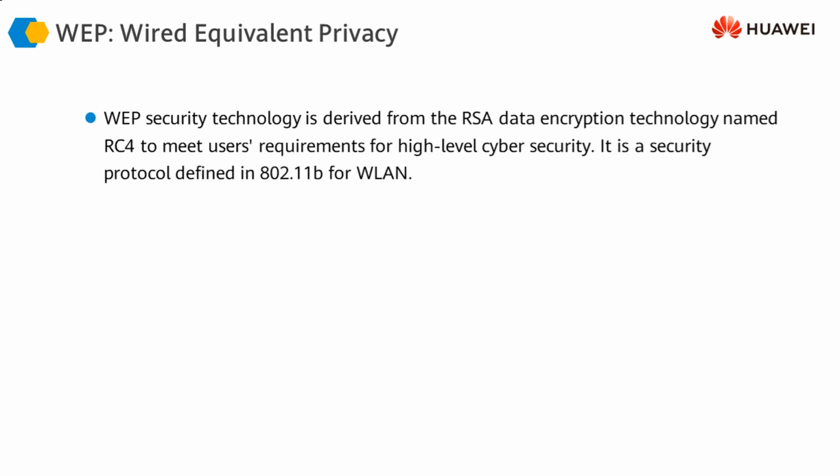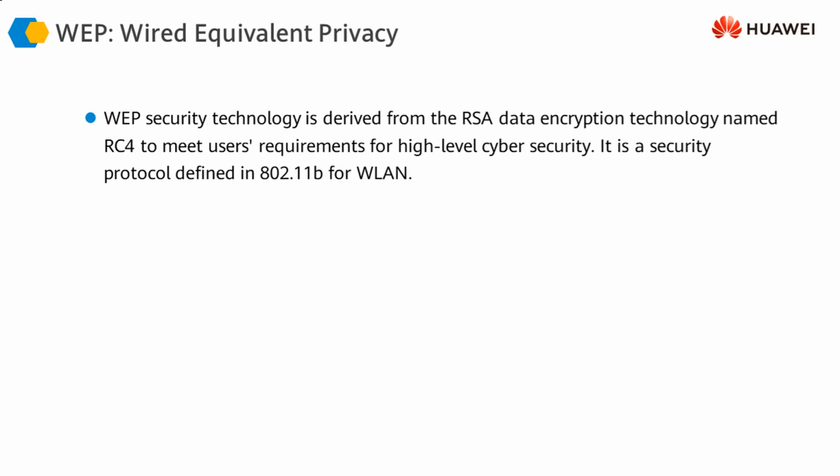If you look at wired equivalent privacy, as I said, it's an older kind of protocol which was based on RC4, or we also call this ARC4. ARC4 stands for, or RC4 stands for Rivest Cipher 4. It was developed by RSA. Those of you who have a background in security must be knowing Rivest. So this was developed by the same gentleman. So ARC4 or RC4 is the algorithm on which WEP is based.